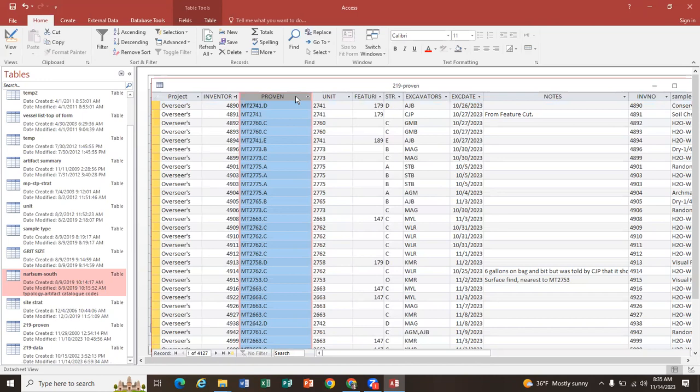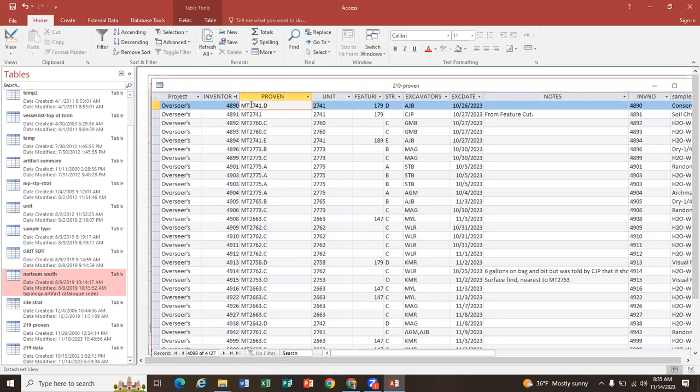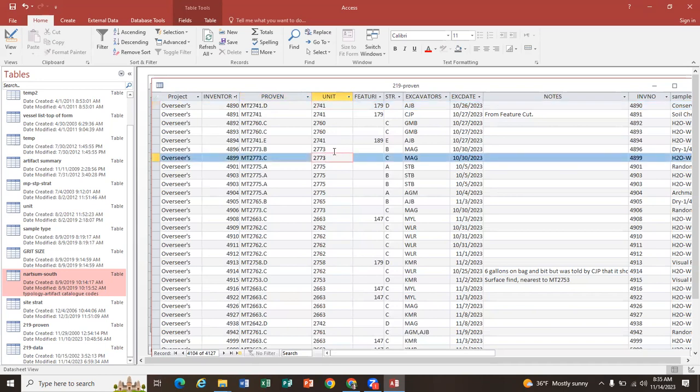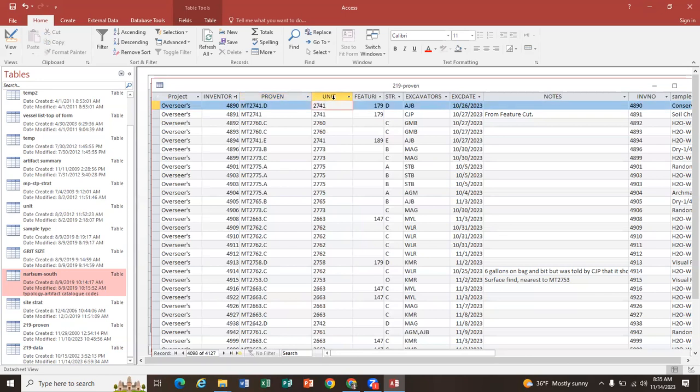Within the provenience field, you've got a category, which is the unit, which technically is a numeric field. I can't remember if in the Airtable it's a numeric field or a text field. In this one, this is actually a text field. The number. It's a number. Yeah. We've kept unit as a